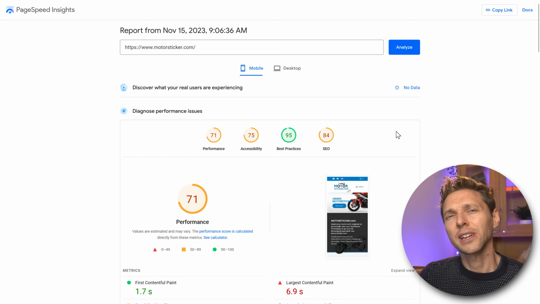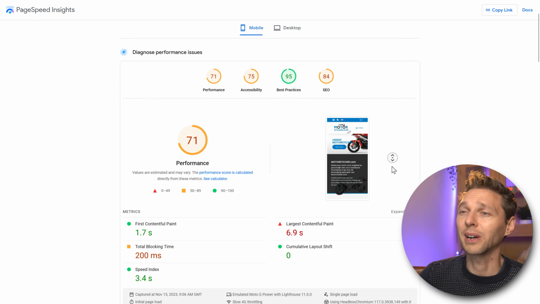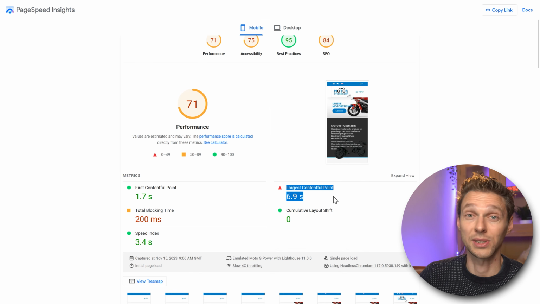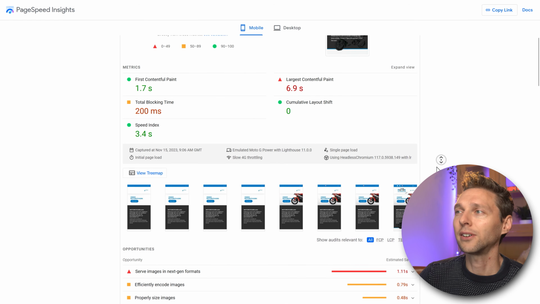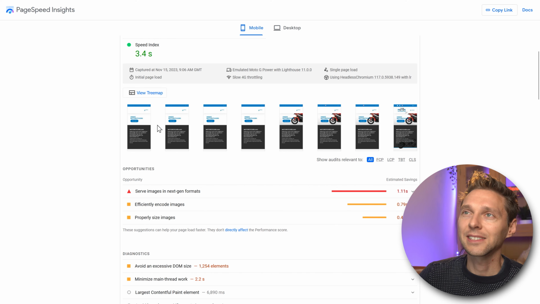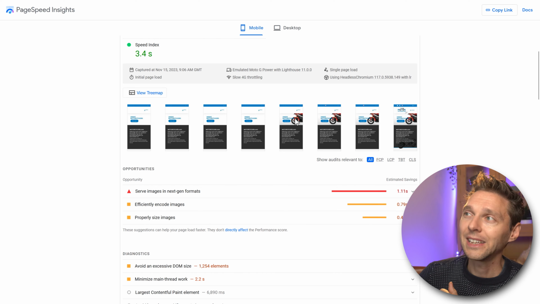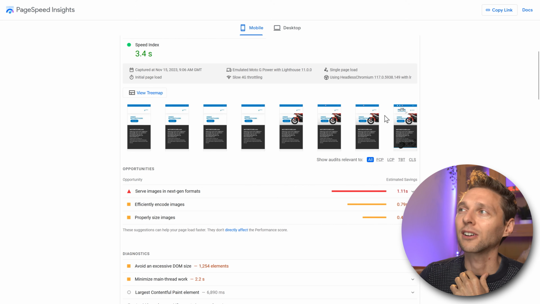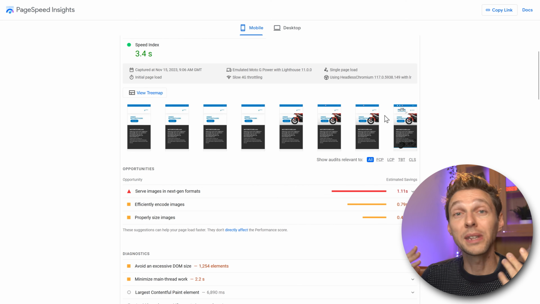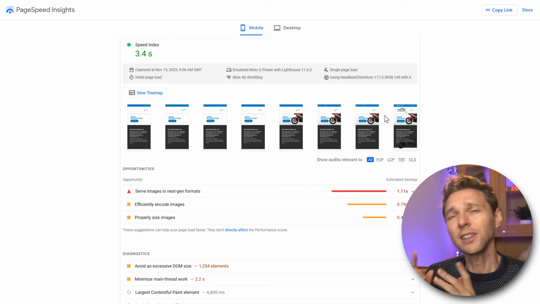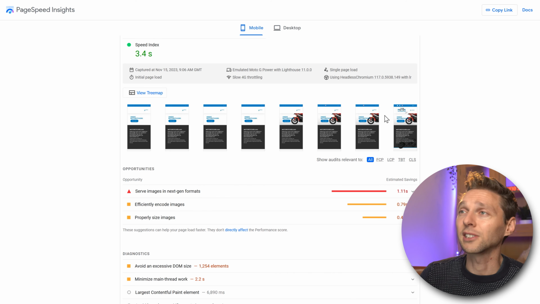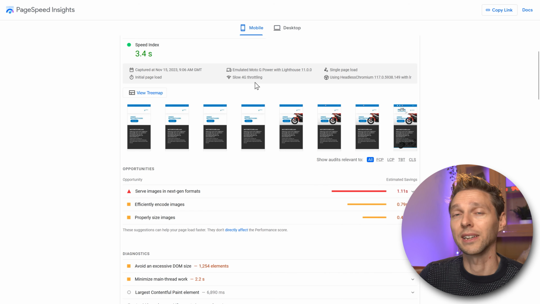So I'm still not very happy with the score because of my largest contentful paint, as you can see. If we scroll down now, you can see the problem in here is that when loading your website, it gets really fast. The bike in here and the logo are loading slower than the rest because of lazy loading. So lazy loading is very good, but in this case, we want to exclude these images. Let's do that right now.